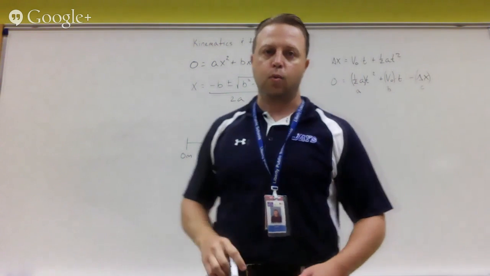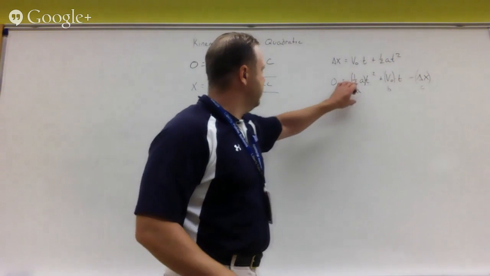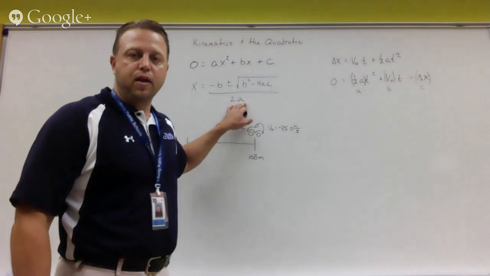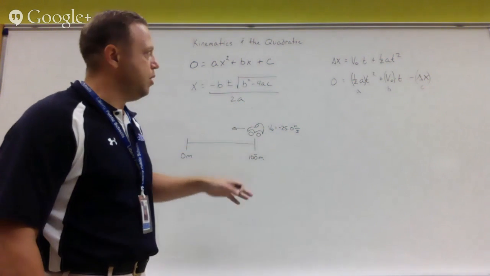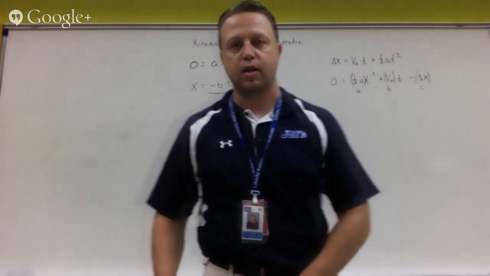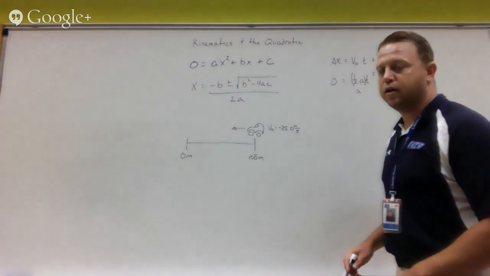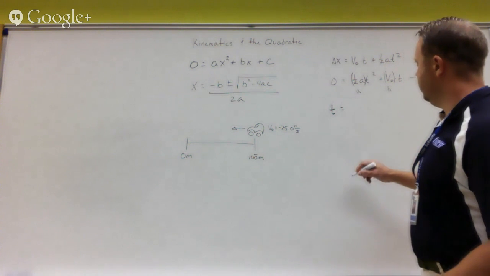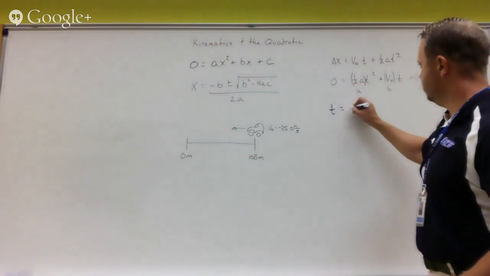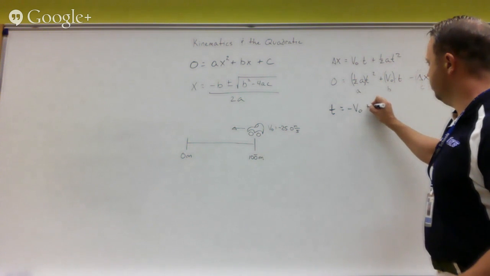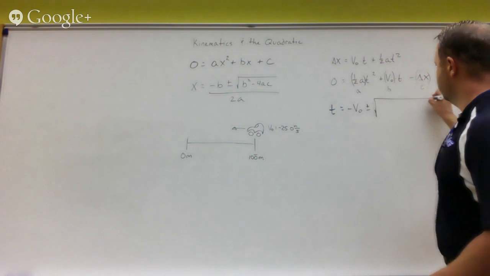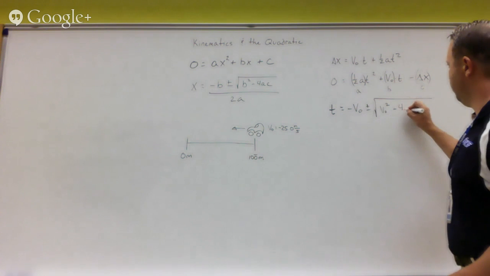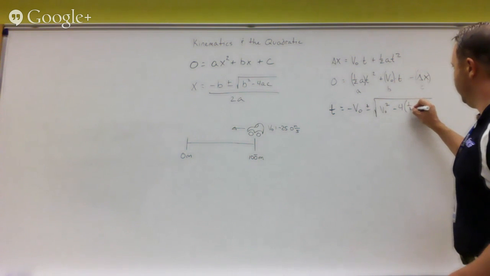So anytime that we sub this part into the quadratic formula for a, and notice this is going to happen twice, then we've got to take the 1/2 a both times. So let's go ahead and rewrite this expression to see what it's going to look like when we write it in quadratic formula. So t equals negative b, so negative v initial, plus or minus the square root of v initial squared minus 4 times 1/2 the acceleration,